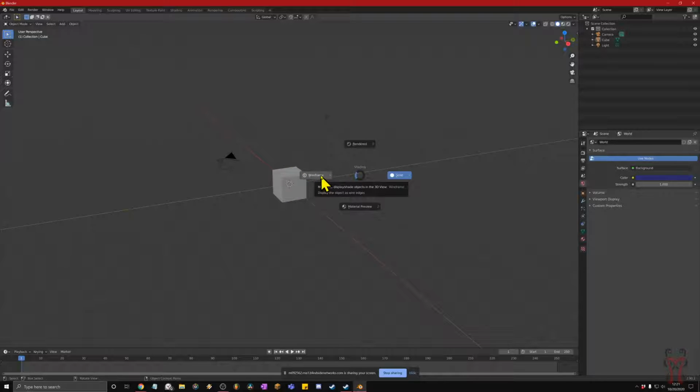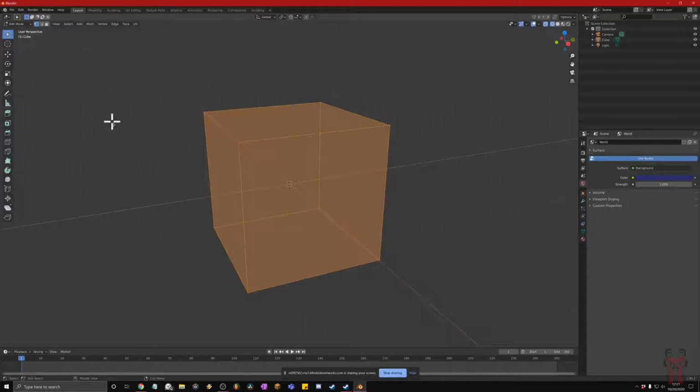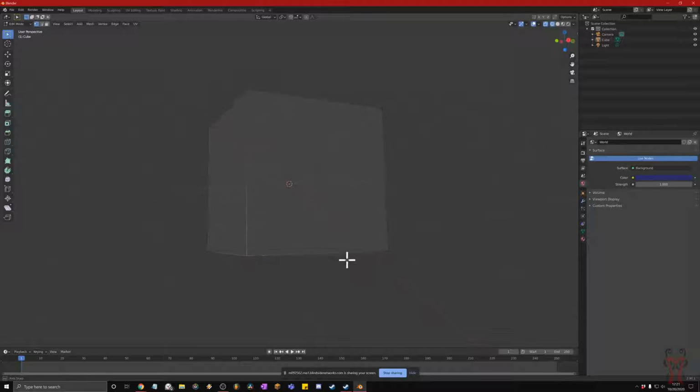So if I click on wireframe right here, you'll see that my cube becomes kind of see-through, which is really useful because if I go into edit mode and I want to select all the vertices, I can look through the object and select stuff that's even on the back side of it. So wireframe is really useful for being able to select. If I wanted to select everything on the bottom here, I would just change my view to see all the bottom pieces, and then I could draw a box to select everything, even the stuff on the